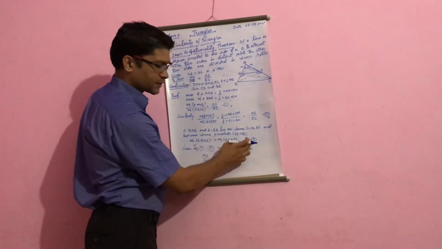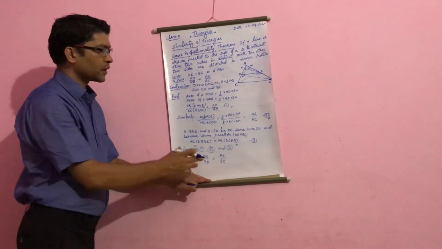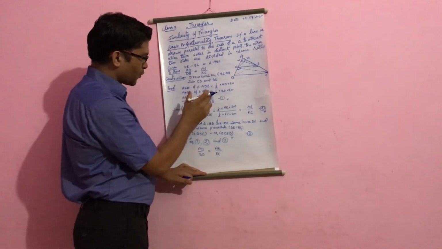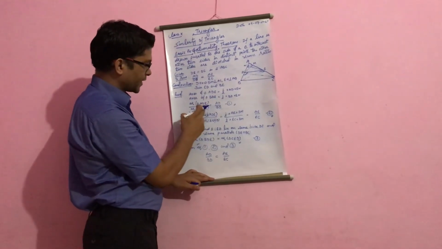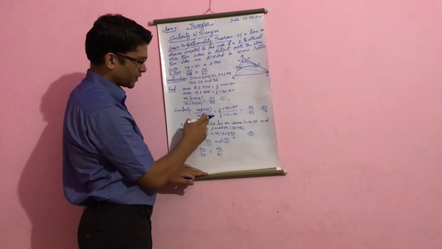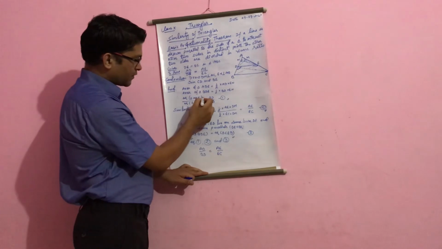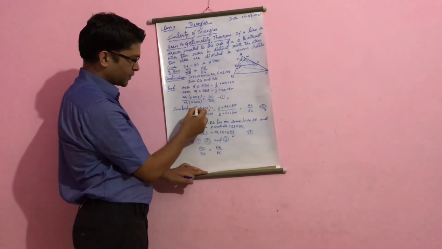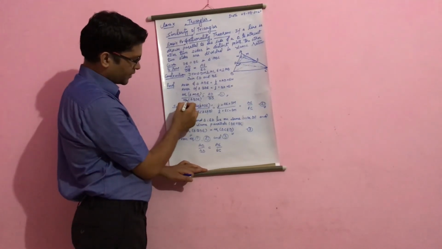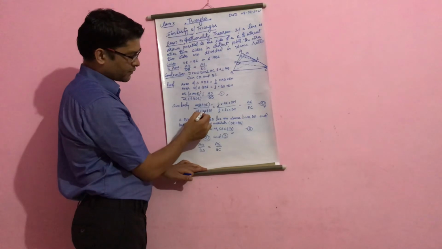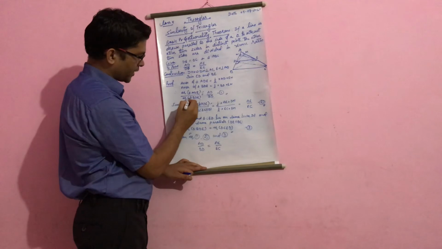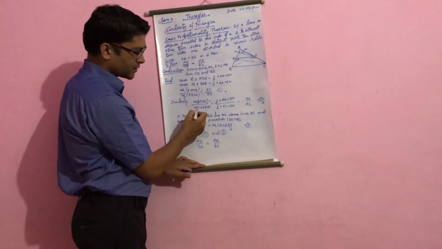We mark this relation as equation number 3. Now you look at these three equations. Equation 1 has left hand side area of triangle ADE upon area of triangle BDE. Equation 2 has left hand side area of triangle ADE upon area of triangle CED. The numerator is the same, and the denominators are the area of triangle BDE and the area of triangle CED. And equation 3 tells us that these two areas are equal.